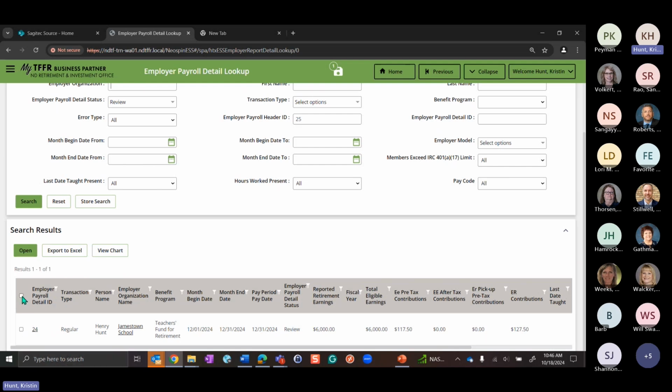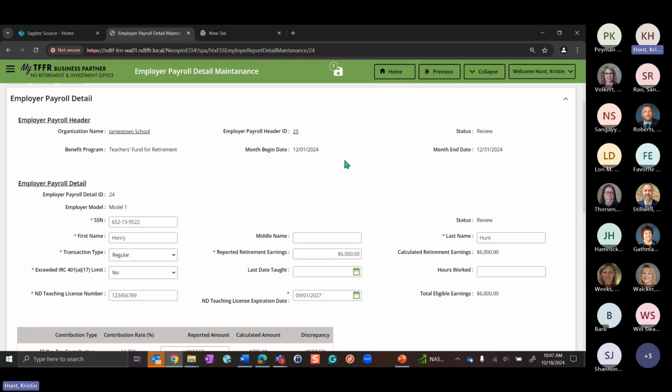And so you can click this button and it selects all the records. So if I had like 10 here that were in review and I just needed to go through and update them all, I could select them and it would be much more slick. But otherwise, I only have one, so I'm just going to click this hyperlink to open up the record. When I do that, it pulls that record open and I can view this information.